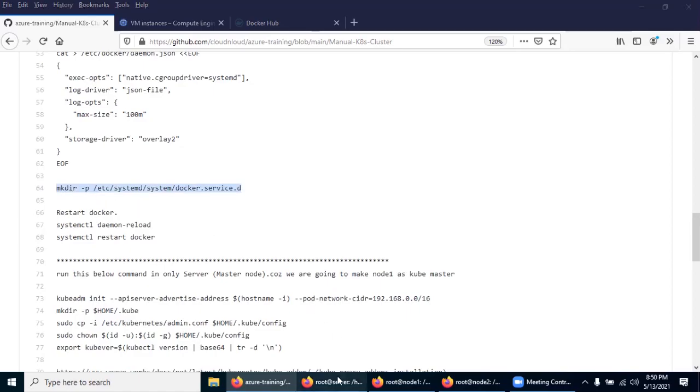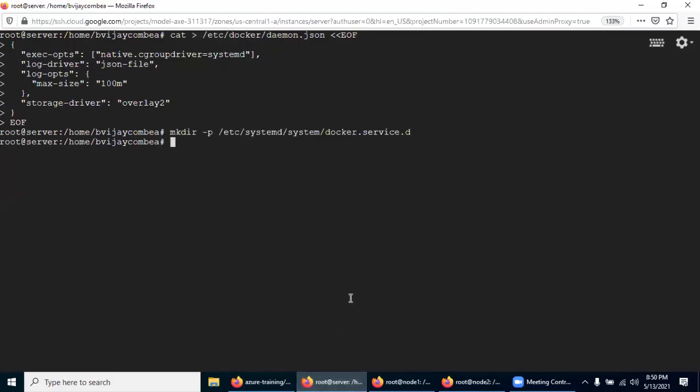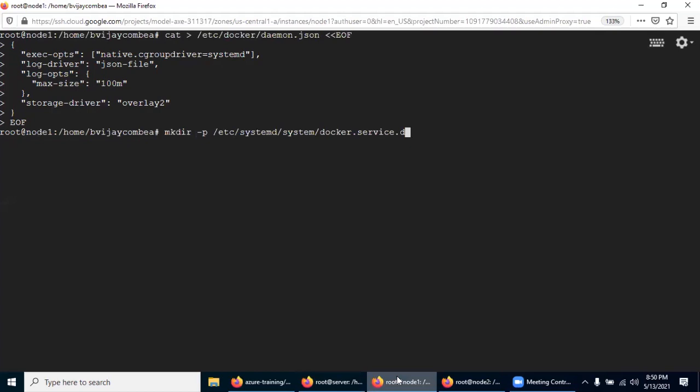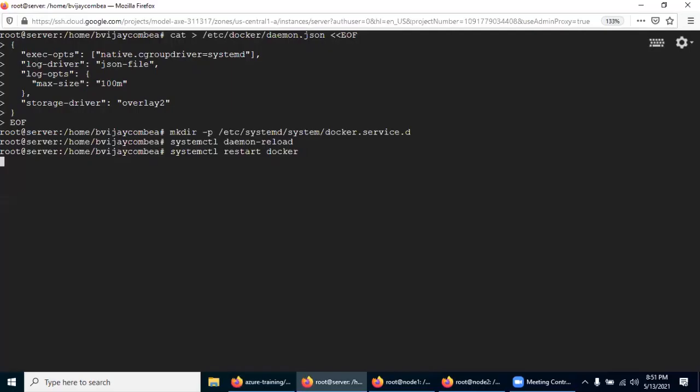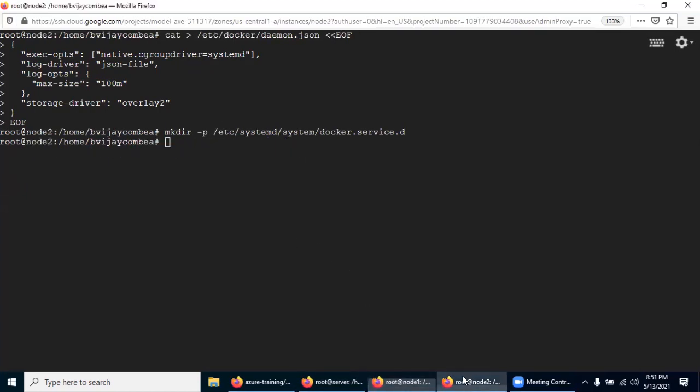I'm creating the service directory. Now make sure the Docker service is getting refreshed on all 3 machines.